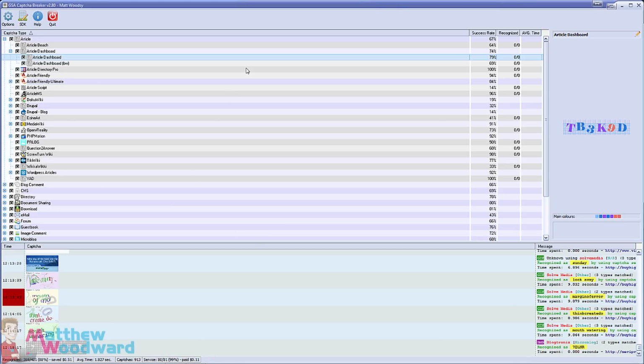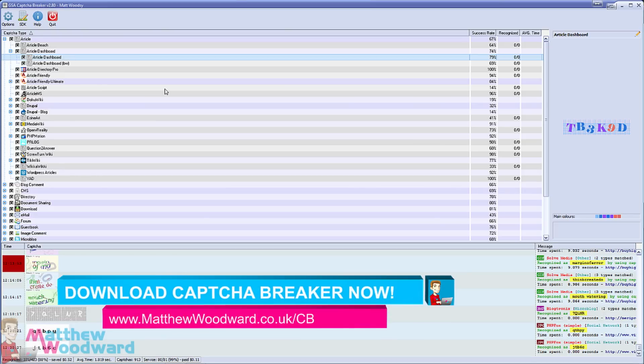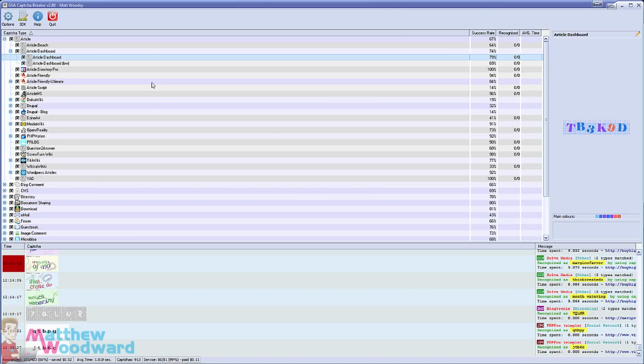So that's GSA Capture Breaker. It saves me around $50 to $60 a day on capture costs across my different VPSs that I use it on. So it essentially pays for itself within the first few days of using it. If you're a heavy link builder like myself, it might take a couple of weeks if you don't build as many links as I do, but it's completely automated, it's fully hands-off. Once it's running, you don't have to worry about it. Captures get solved completely automatically, and you will find a lot more success in your link building campaigns.